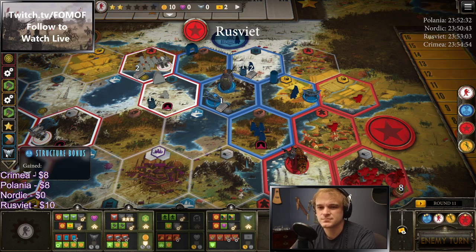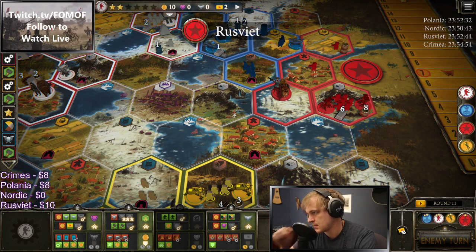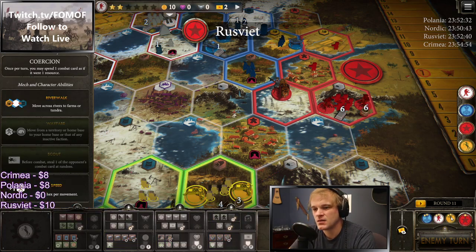So Polania's next move gives them at least 1 star, plus ups their build bonus to 4 and a bit more spread. So they should be ahead at the end of their next turn. I don't know how helpful that is, though. Rusty is just plugging away. I think we're going to see